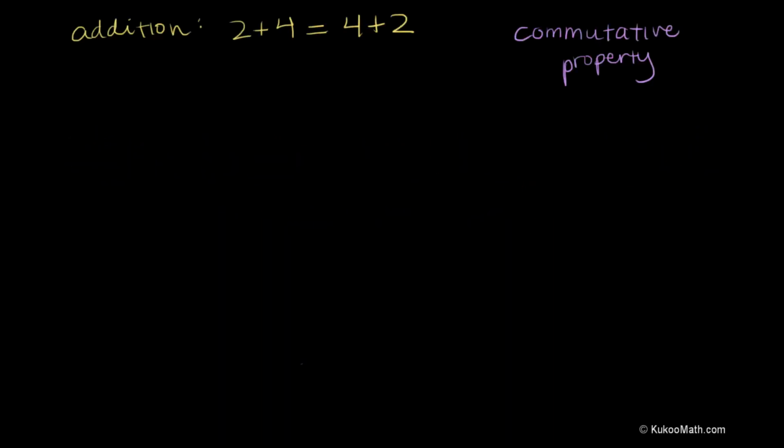Hello and welcome back. In this video we're going to be showing how the commutative property of multiplication applies to both addition and multiplication. In the past we learned that the commutative property, which is the rule that it doesn't matter what order the numbers are in for you to get the same answer, applies to addition. As we learned from before, 2 plus 4 is equal to the same thing as 4 plus 2, which is 6. So in this case, it doesn't matter what order the numbers are in, you still get the same answer. For multiplication,